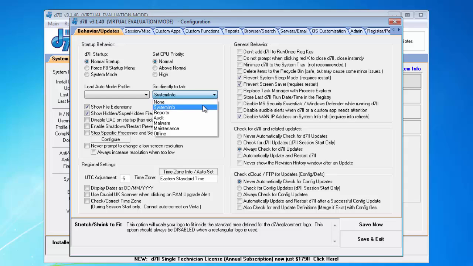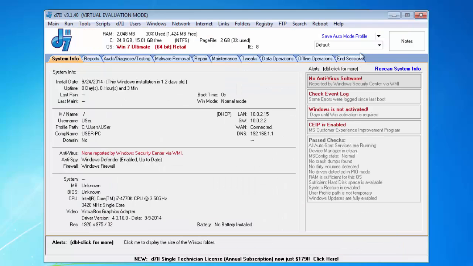So for this example, you can actually use this go directly to tab in config and change that to any tab you want. So you can have D7.2 start up straight to the malware tab. Or you can select none. This will start you to the System Info tab,